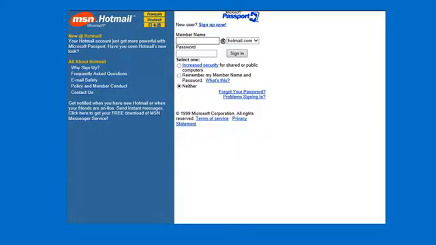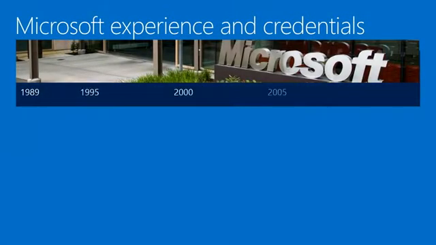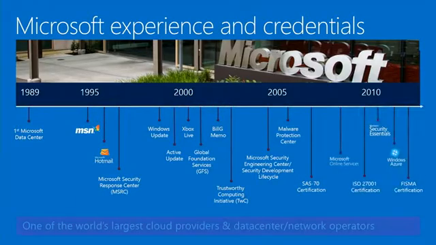Hotmail was originally, even before this, Hotmail had this weird logo, which was basically HTML with some vowels added into it. Hotmail's been around for a long time. Microsoft has been in the cloud software business for a long time. If you go back to the first data center back here, but really MSN and Hotmail was our initial foray into cloud services. Microsoft added this thing called the Microsoft Security Response Center,